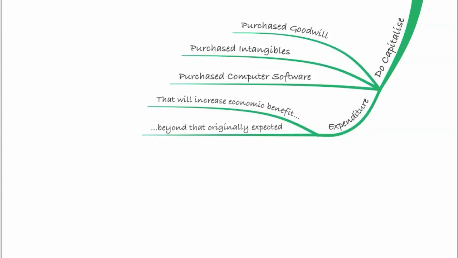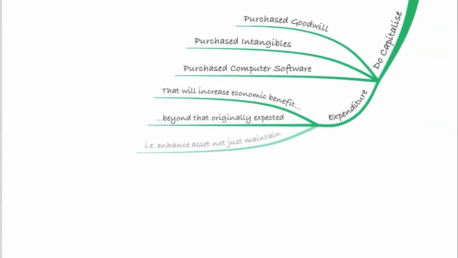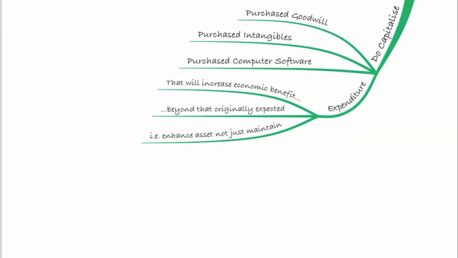expected. So if you, for example, had some development expenditure and you capitalised that development expenditure and you were amortising it over its useful economic life, if there was more development expenditure on that product that increased the economic benefit beyond what you thought you were going to get, well then you can capitalise that on top of what you had already. So the key here is that it needs to be something that enhances the asset, not just maintains